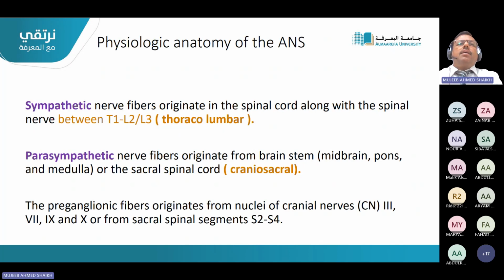So from where is the origin of the sympathetic division? The sympathetic nervous system, or the nerves from the sympathetic division, are coming from two areas. One is in the spinal cord between thoracic 1 to lumbar 2 to 3 segment. Thoracic 1 to lumbar 2 to 3 segment, we call it the thoracolumbar division or thoracolumbar outflow. If you remember, I will draw it here, that there is a spinal cord and it is running